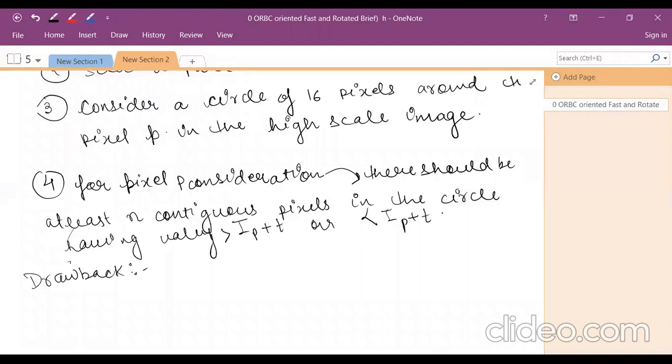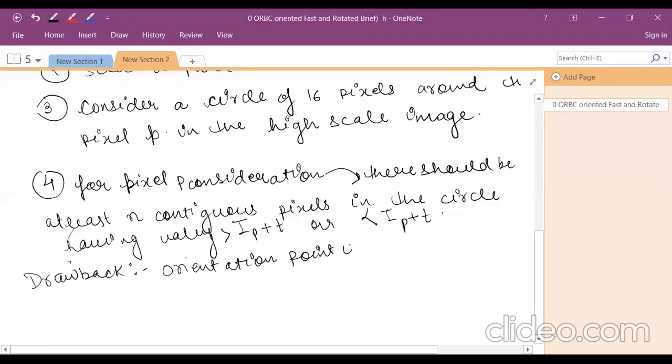Like sometimes I'm using a person's face with a left hand side view, sometimes the right hand side view, sometimes the back side view. So where is the orientation? The orientation point is missing there. That is the one drawback.